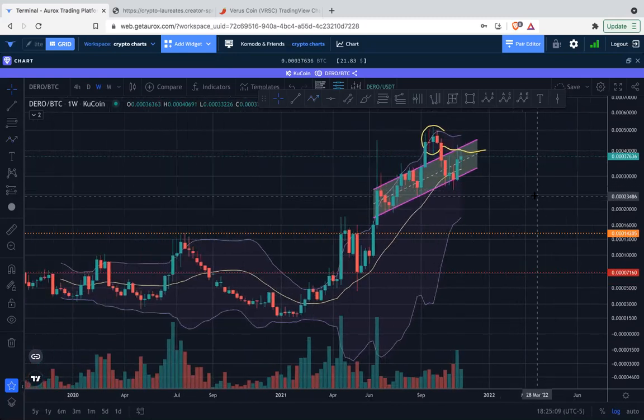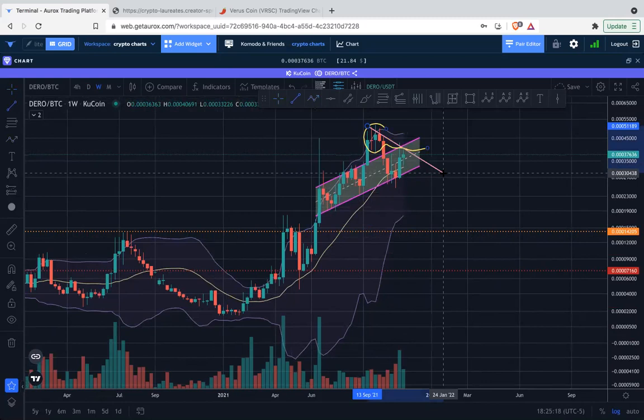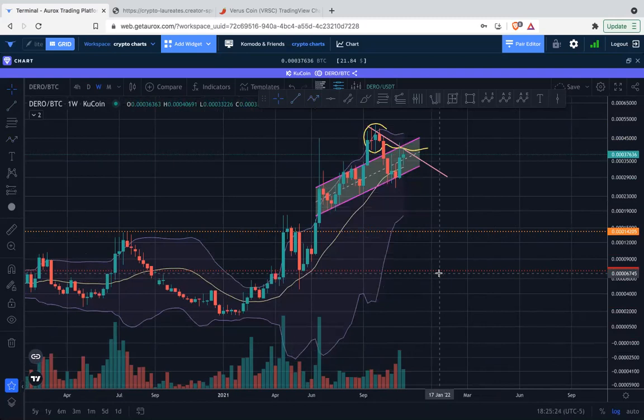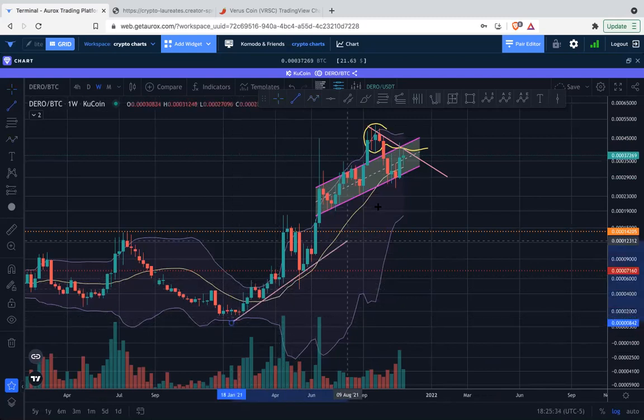So that's the DERO price chart on the weekly. I'm also now going to give us a trend line that seems to be respected, and it's relatively this trend line. Oops, cancel. And that's when I want to bring in another trend line right here. And that's when we start to notice a really strong potential for very soon finding out what's going